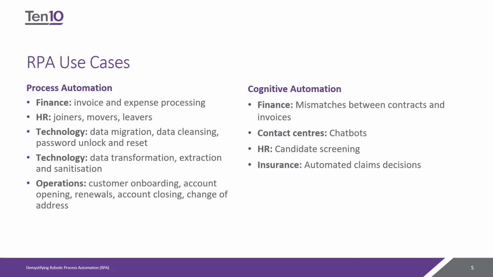So now let's talk about use cases. RPA tools, by design, focus on building automated solutions to either replace or streamline manual processes in a production setting. On the left, you have industry use cases for process automation. These include, but are not limited to, invoice and expense reviews, starter, mover, leaver journeys to streamline onboarding, IT support assistance and first-line support for simple but commonly requested support items such as password resets,